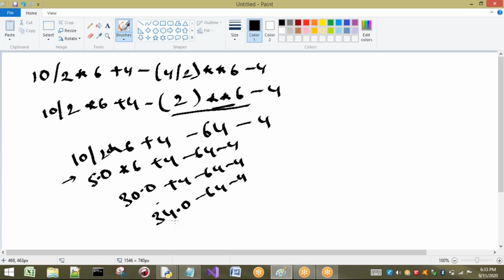Minus. 34.0 minus 64. What is the answer? Minus 30.0 minus 4. Then finally the result is what? Minus 34.0. So in this way, evaluation is going to be done for this expression.